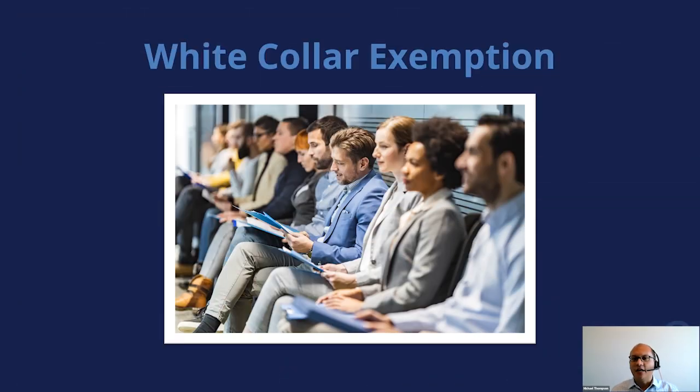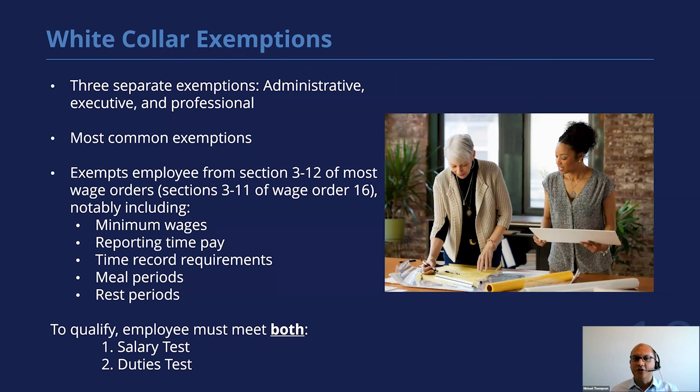So let's talk about the white collar exemptions, which is a set of three exemptions: the administrative, executive, and professional exemptions. They're the most common exemptions that you see in an employee. One of these three exemptions are typically exempt from sections 3 through 12 of most of the wage orders in